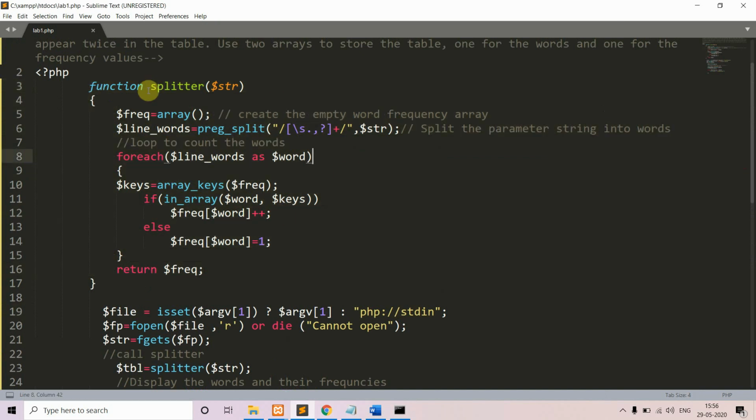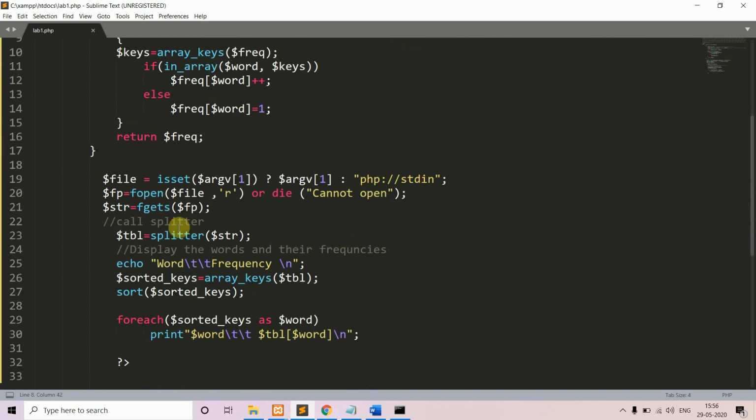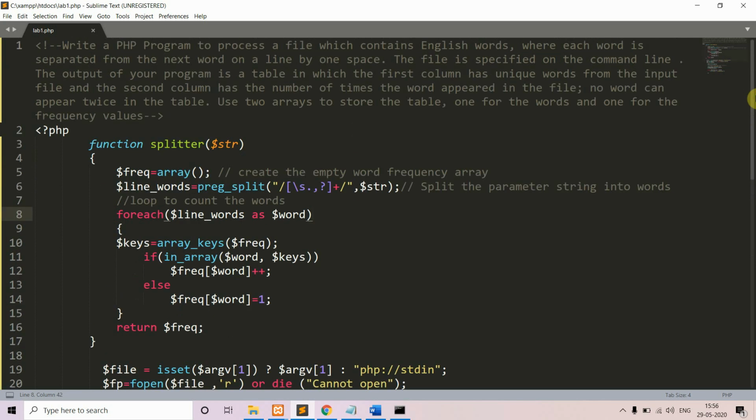What you're doing is sending the data here, but in that program we had given the input over here only as text. We were not using a file. That is the only difference between that and this; the rest is the same. So here we have the contents of the file. Now what are we going to do? In the question they have told us to use two arrays. One is to hold the frequency and the next one is to hold the words. So here we are creating an array whose name is frequency. Initially it is an empty array.